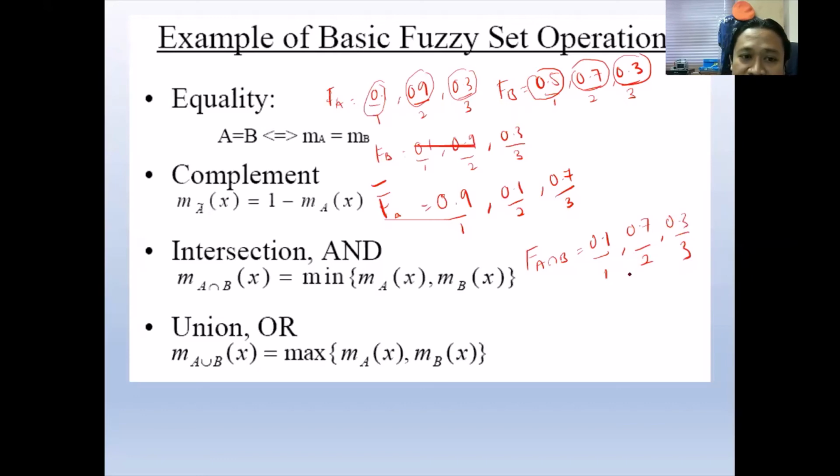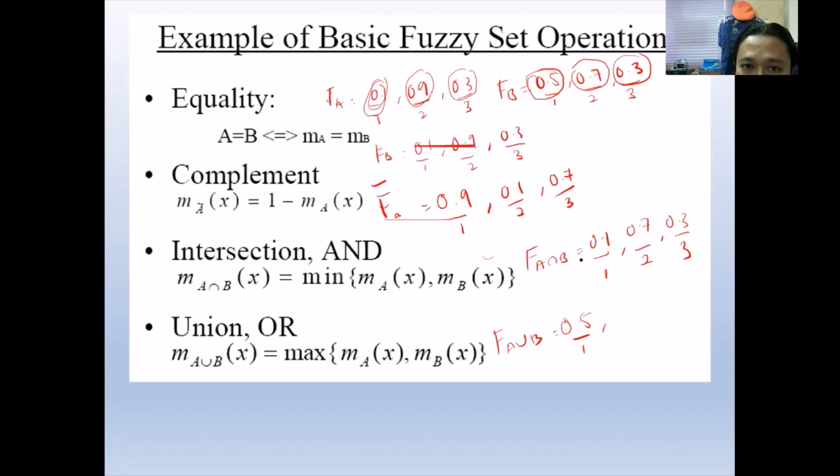All right, so this is the intersection operation. Next we go to union. The operation is OR, so here we have to select the maximum. For example, A union B. We select the maximum of 0.1 and 0.5, so the maximum is 0.5, sequence number 1.